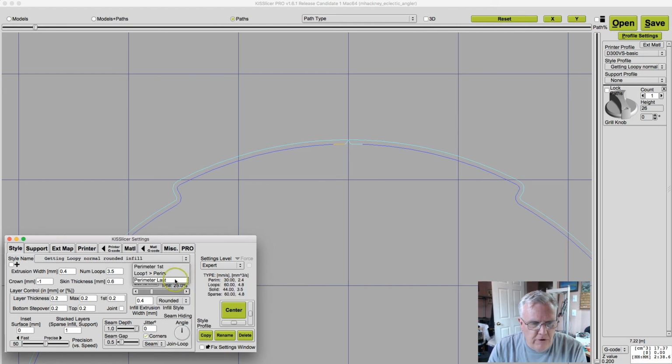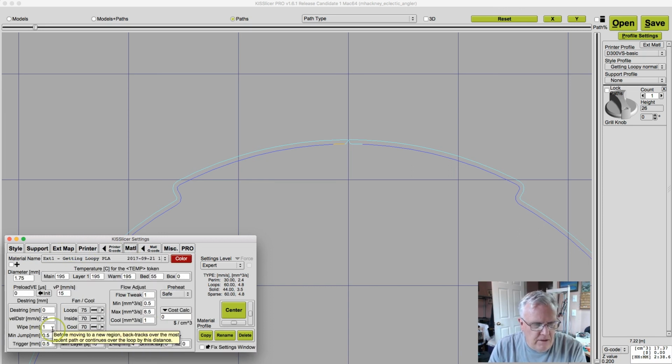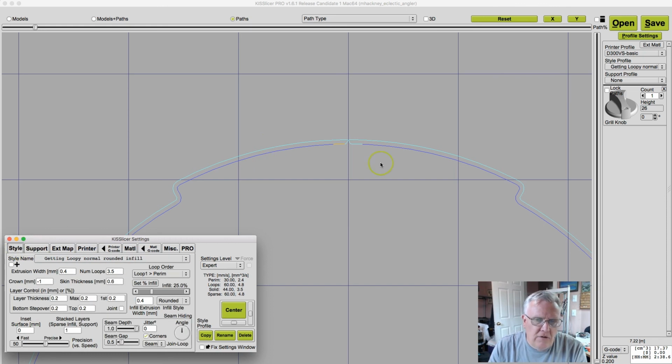Do the perimeter first, perimeter last, and loop 1, and print one of these single layer parts for each one, and peel it off your bed and take a look at it and see what effect that has on the part. Did it leave a little blob? Did it string? Or does it look great? And by doing that and then tuning your seam depth and your seam gap, and then ultimately your wipe distance here, you can start to get some very nice outer surfaces without blobbing and without stringing,